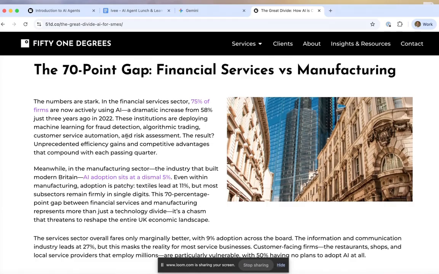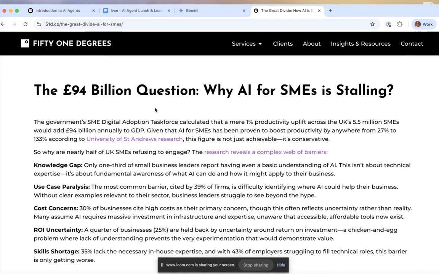Without getting too much into my own interests here, I'm deeply passionate about making SMEs more productive. 51% of people in the UK are employed by SMEs, and they produce something like 60% more public sector output. And so them doing well is really, really important to us all. And sadly, they're falling behind in the use of AI, whereas financial services firms, for example, are using it extensively.